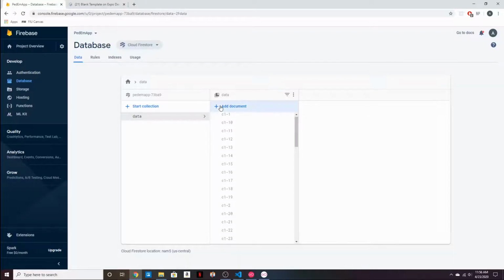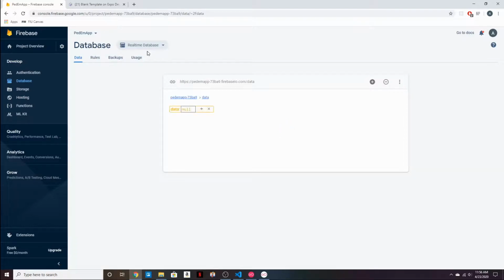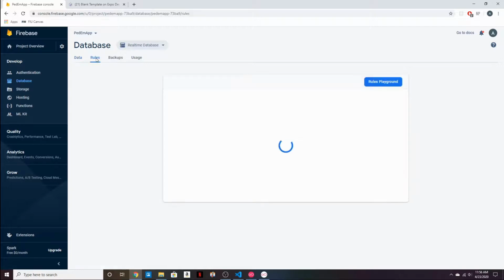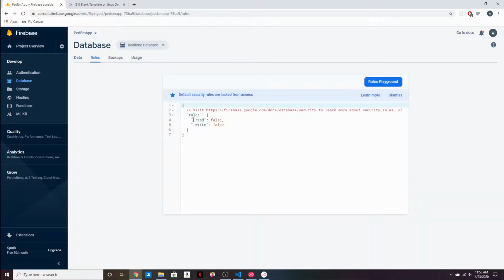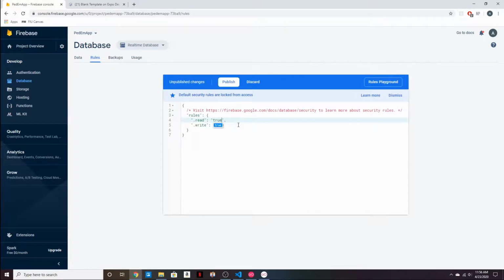So let's go back to Firestore. Here, click real-time database, and go to rules. And here you see that these say .read false, .write false. That means that anything we want to read or write from here isn't allowed, and that's not what we want. In this case, we want them both to be true. So we'll put "true", and the same thing here, "true", and we'll hit publish